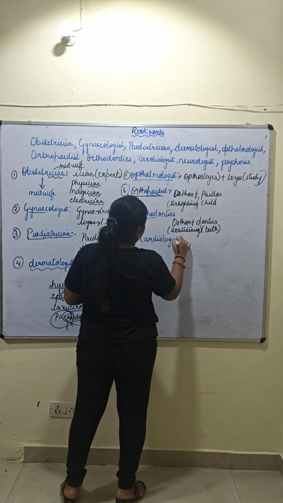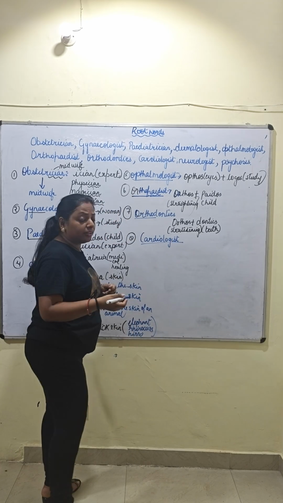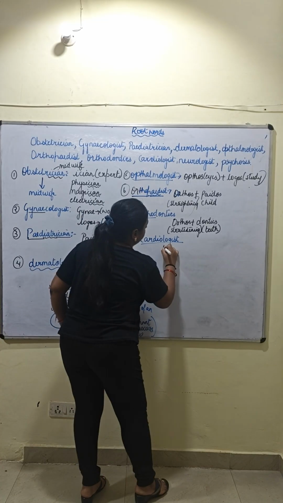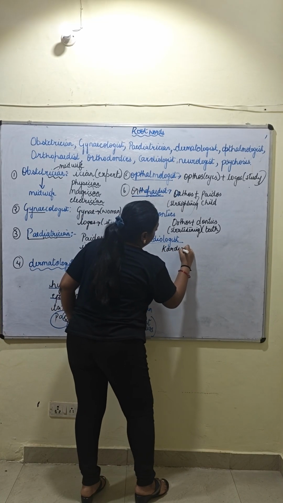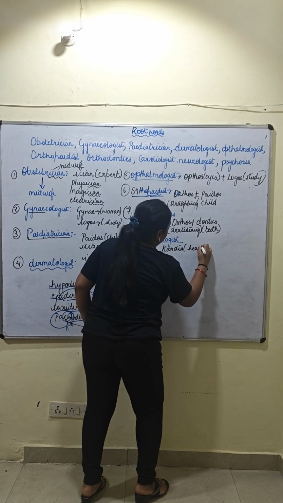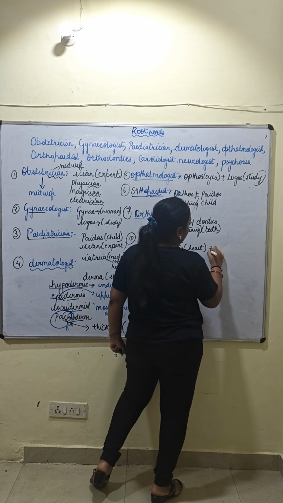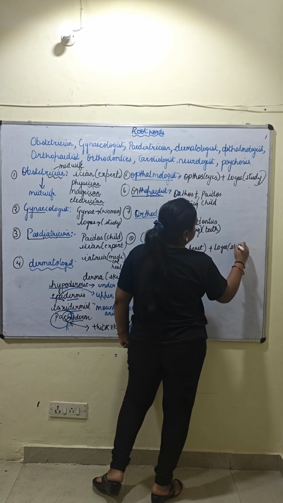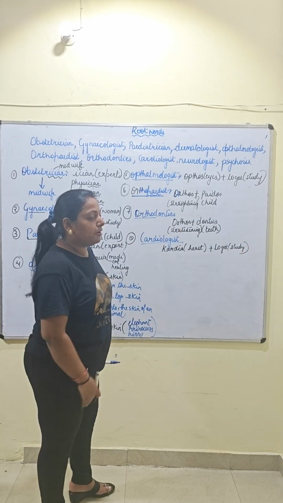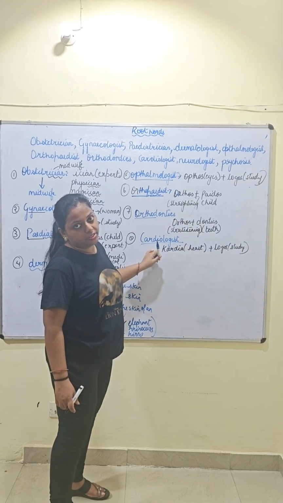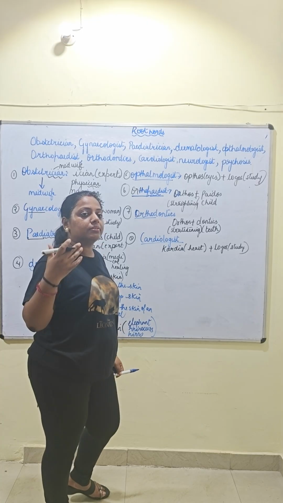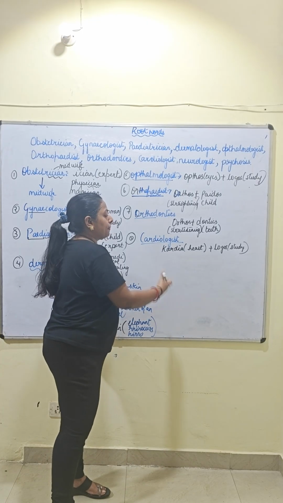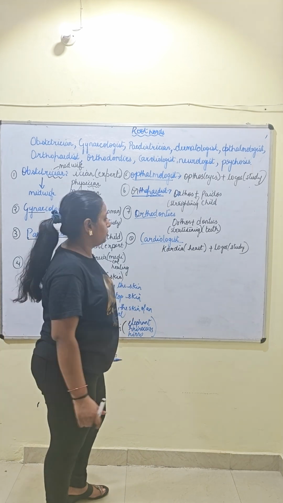Next word we have is cardiologist. This is very simple, but I thought I should include it because I will tell you the root word of it. This has been taken from the word cardia, which means heart. And again this word has logos in it, that means study. So somebody who treats the diseases that are related to the heart is said to be a cardiologist. If anybody has heart issues, then the person will go and contact a cardiologist.